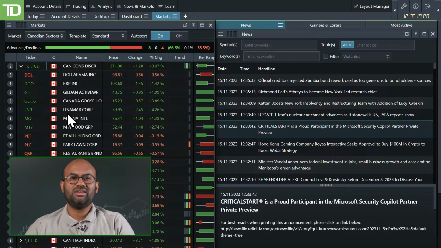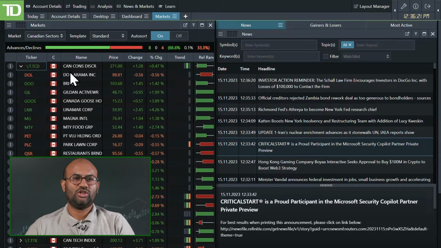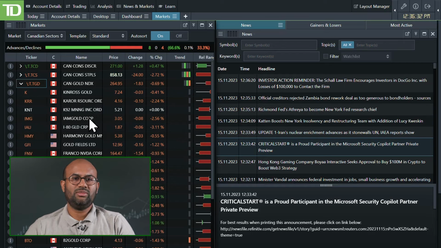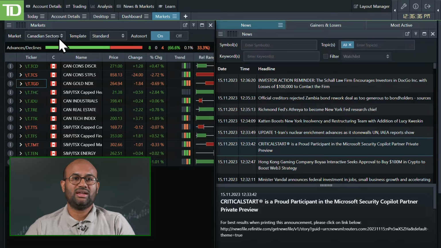So if you're wondering what this discretionary sector is at all, you can always click on that, and it's going to inform you as to which stocks are under the consumer discretionary sector. In a similar way, you'll be able to expand this arrow on each of them and see which ones they are. Now, if we go back to the indices level view for a second,